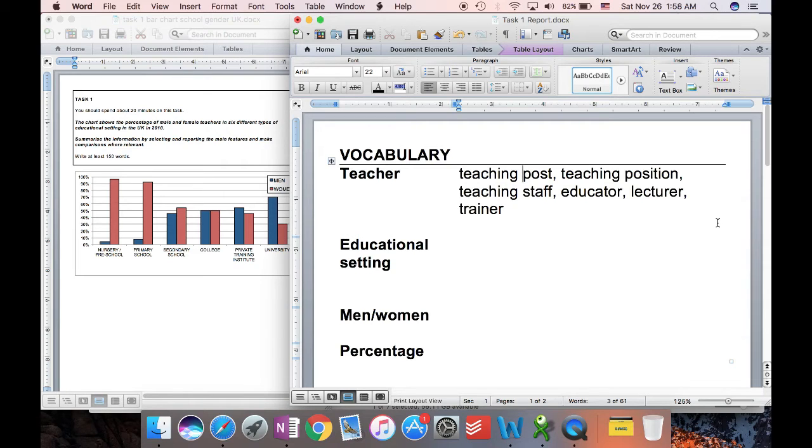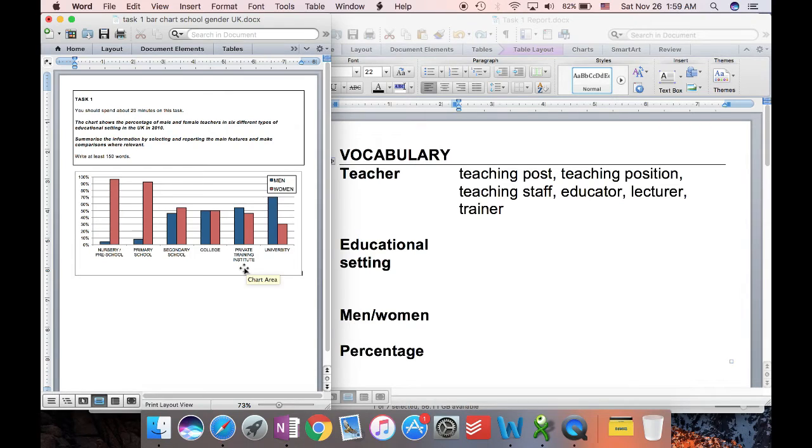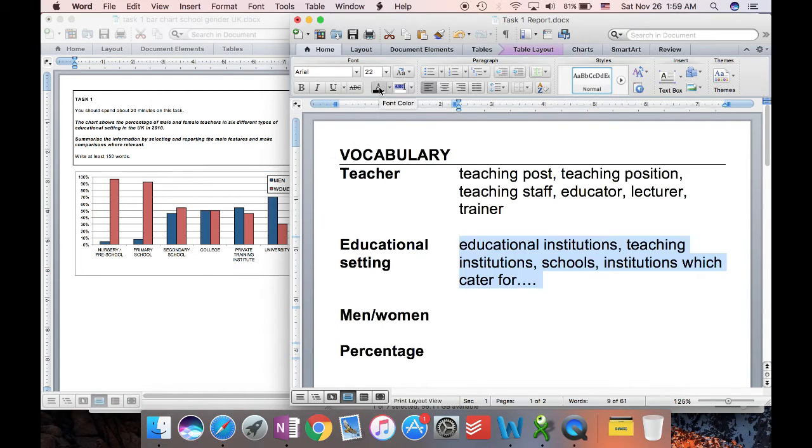You could talk about educators. That's more of an American English term, educator. Lecturer, and that's certainly useful when you're talking about college and universities. If you're talking about the private training institute, over here, you could talk about a trainer, of course. Now at the bottom of the graph you've got the 6 different educational settings. You don't really want to be talking about educational setting all the time either, so here are some synonyms for that. You could talk about educational institutions or teaching institutions. You could of course simply talk about schools. You could even talk about institutions